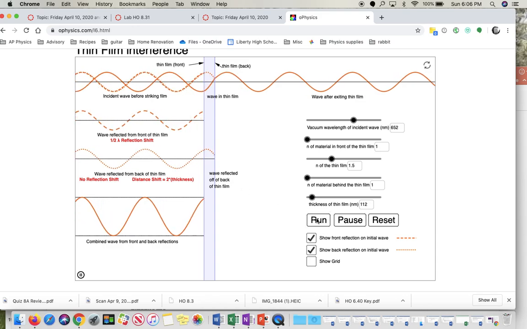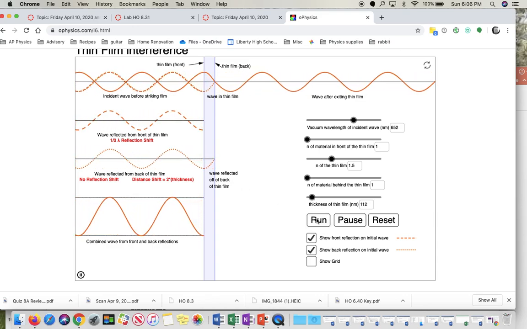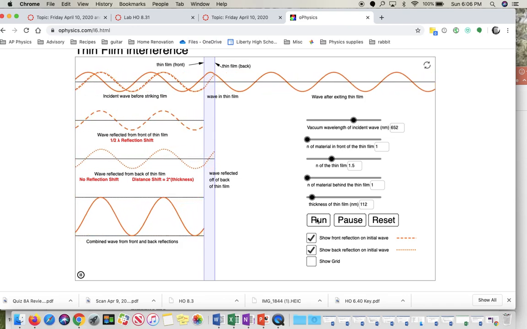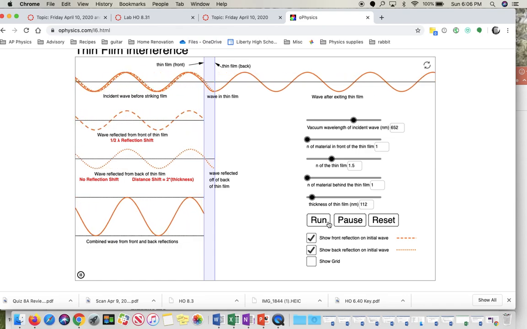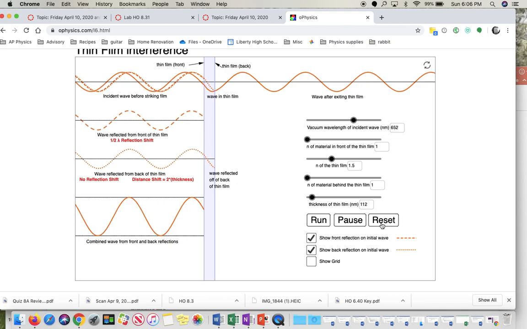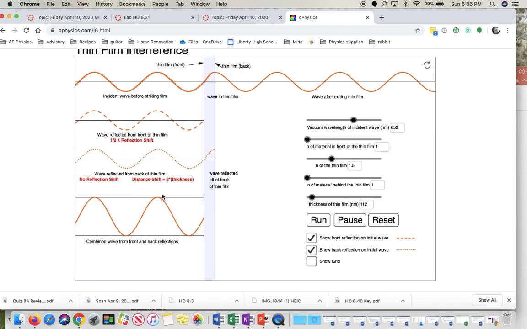Okay, so now instead of destructive interference, we have a constructive interference pattern where the two waves match up. So, I'm going to pause this and reset it. In order for constructive interference to occur, when you have a reflection that generates a half of a shift and another reflection that generates no shift, you need the film to be 1/4 of the wavelength of the